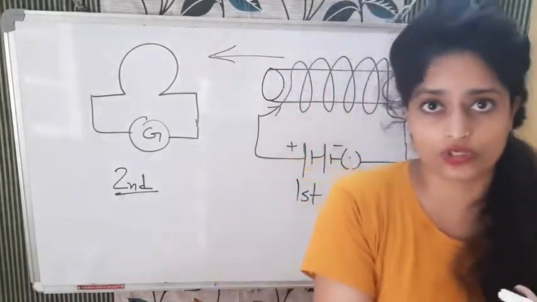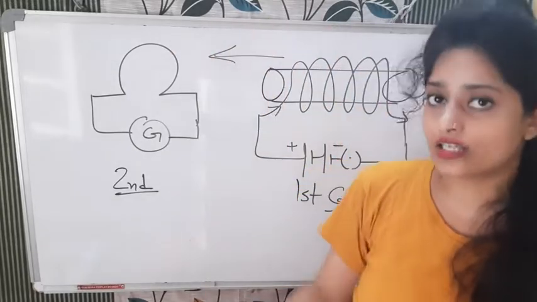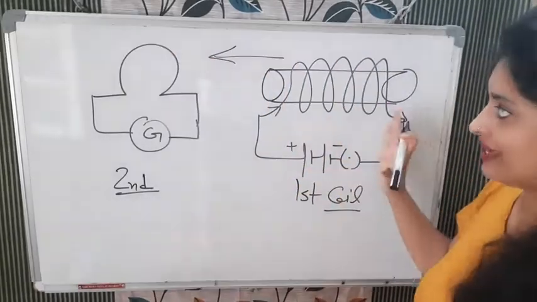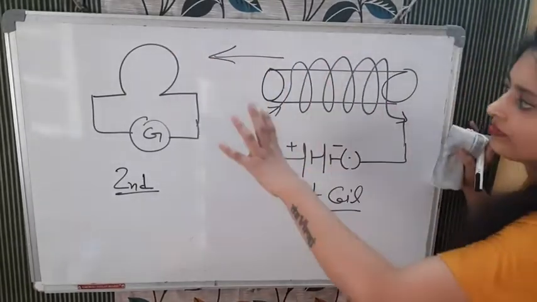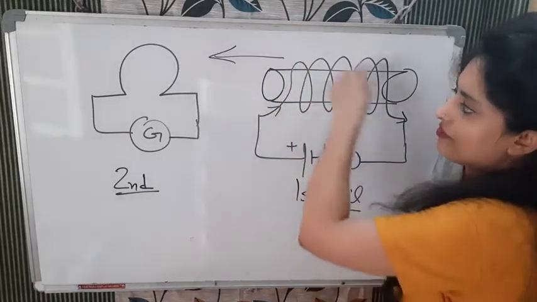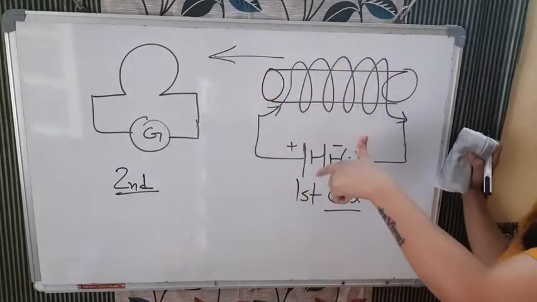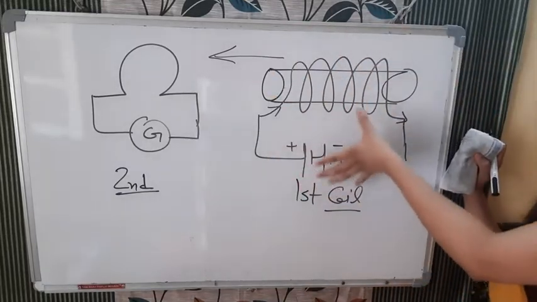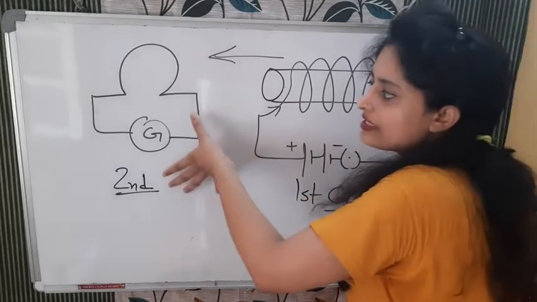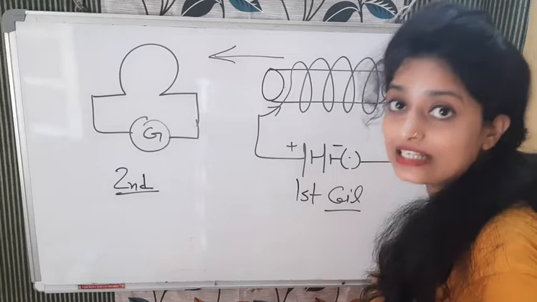ये हम लोग प्रूव कर चुके हैं. हम लोगों ने straight current carrying conductor पढ़ा है, solenoid पढ़ा है, current carrying circular loop पढ़ा है. So what we already know is that when there is a current flowing, there is magnetic field, north pole, south pole, magnetic field lines are there. Okay, and when we are moving this current carrying conductor towards this coil or away from this coil, again we are changing the magnetic field lines.